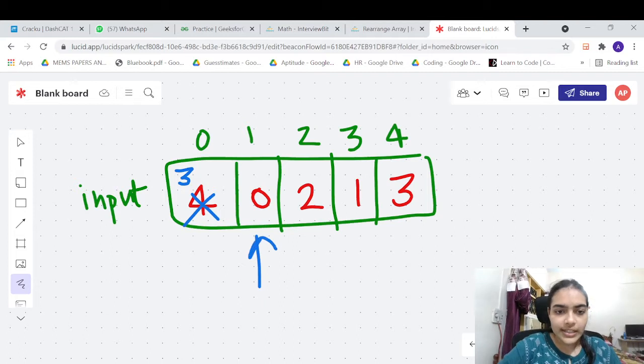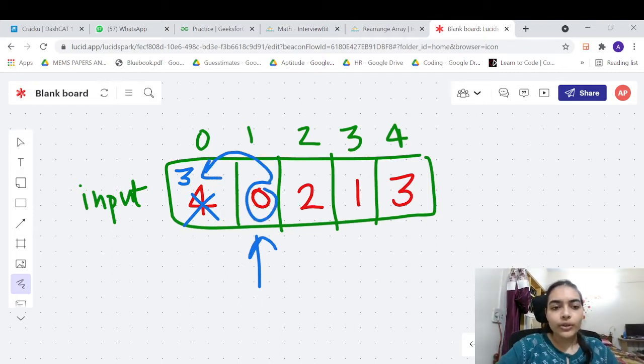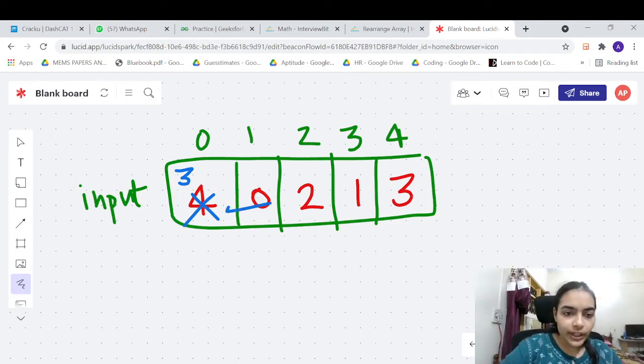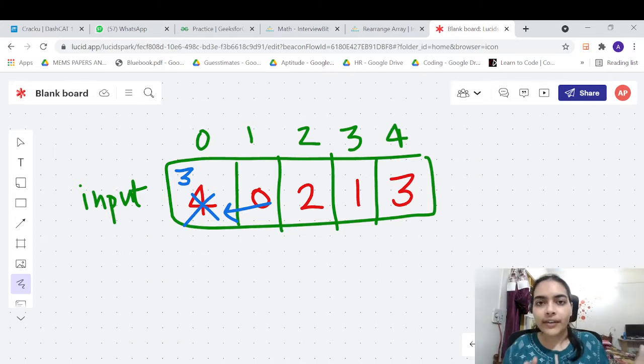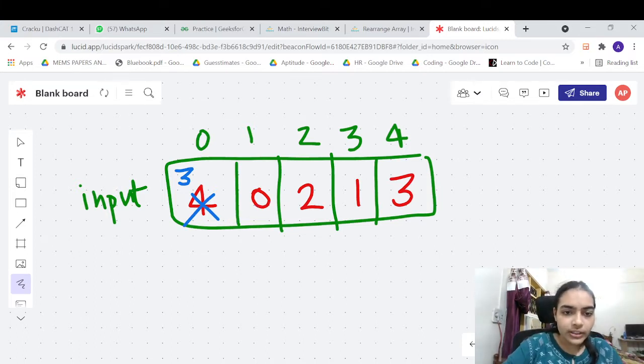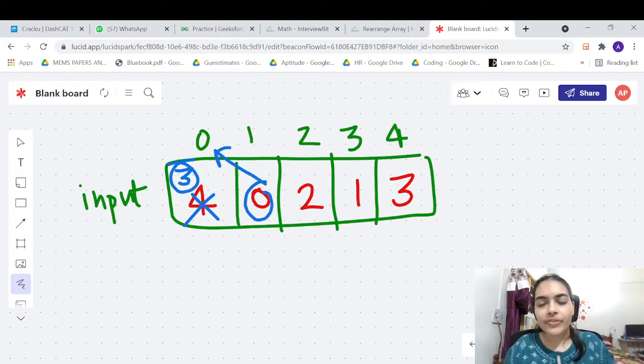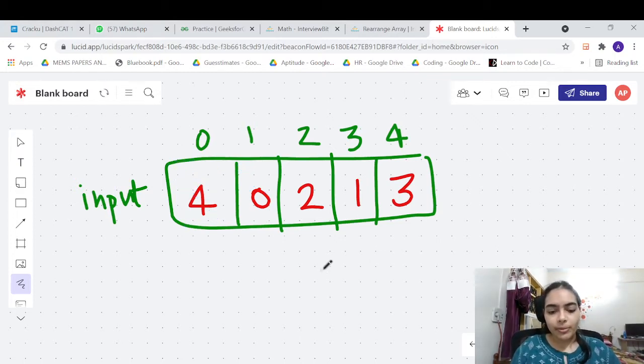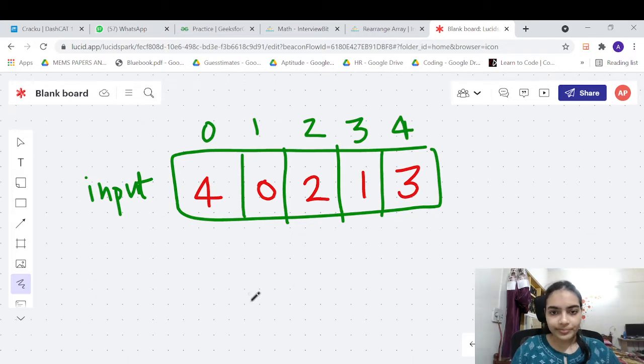But when you go to the next index, there you need the value at the 0th index. At the 0th index, now you will see the value is 3. So you will simply store 3. But this is wrong, because you don't need to store 3 there. You need to store 4 here, the earlier value. The correct output is you should replace it with 4. But if you go to the 0th index now, you will see a value of 3 because we have already replaced it. So this is the problem.